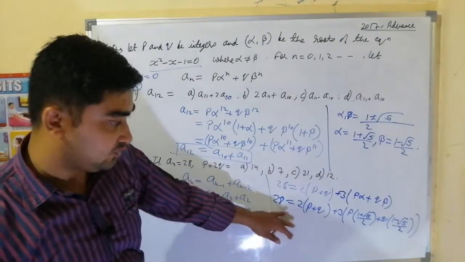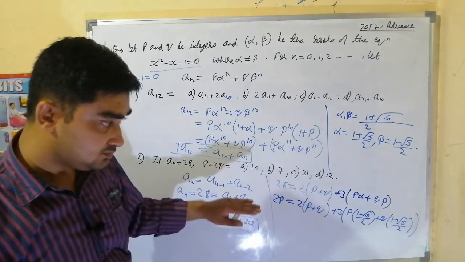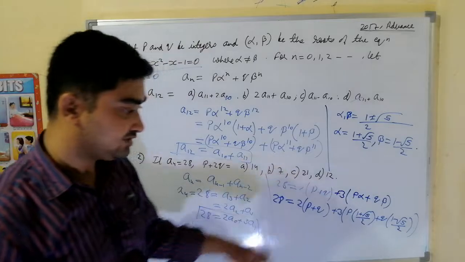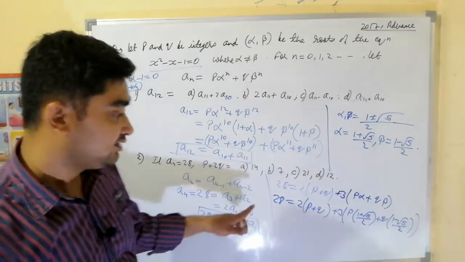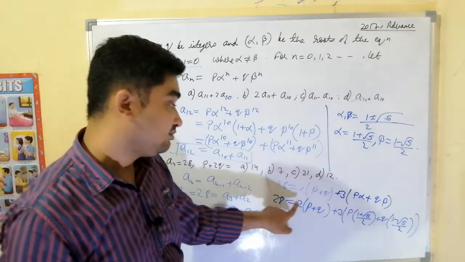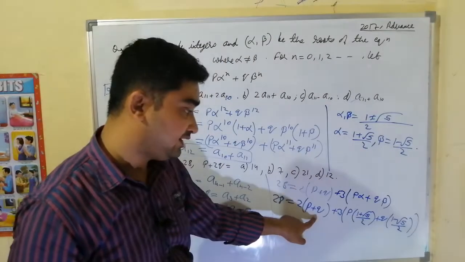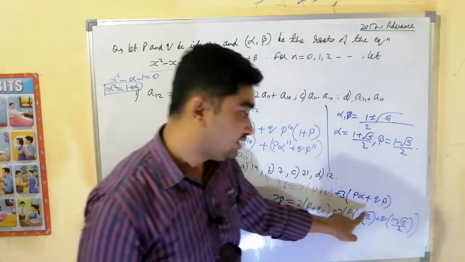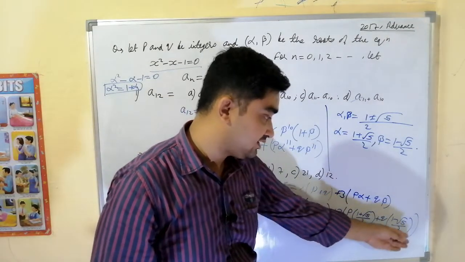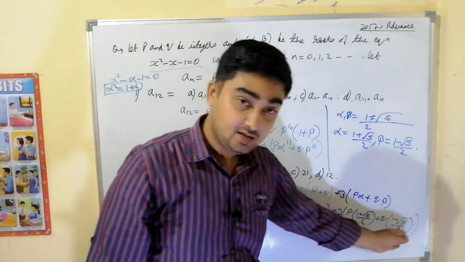Now look carefully at this equation. In this equation we have a left hand side, we have a right hand side. Every equation has a left hand side and a right hand side. But the left hand side is a rational number, 28. In the right hand side, p and q are integers, so this part is rational. But root 5 is an irrational number, so this root 5 part of the right hand side makes it irrational.